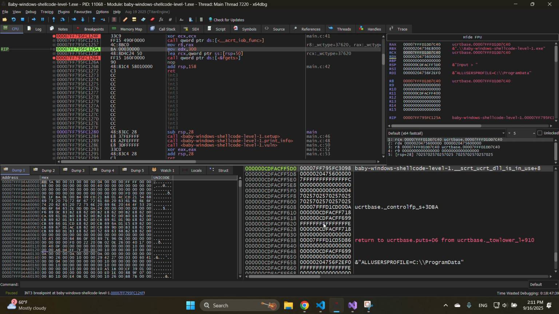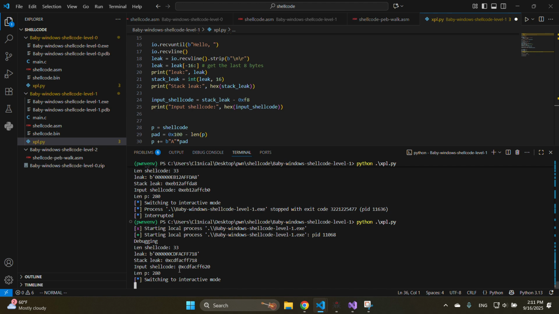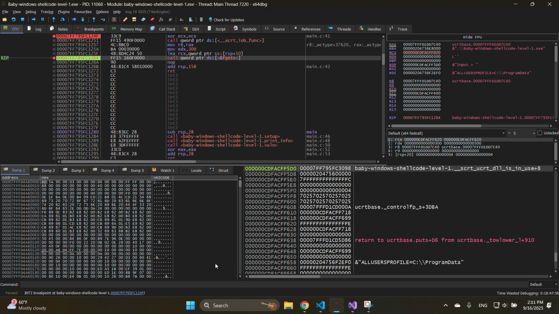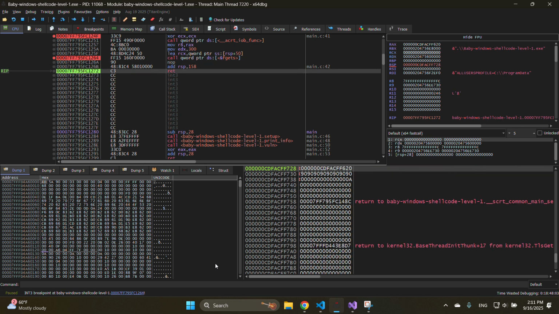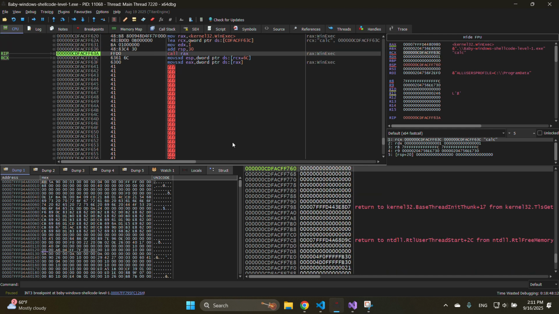And then when I step down here, we can see that fgets is going to read into the buffer called cdfacff620, and that is exactly the same as the shellcode address that we calculated here. So if I just step down to the return, we can see that now the saved return pointer has been overwritten with this exact address, and if I step into it, we're going to see that the shellcode is going to set up WinExec